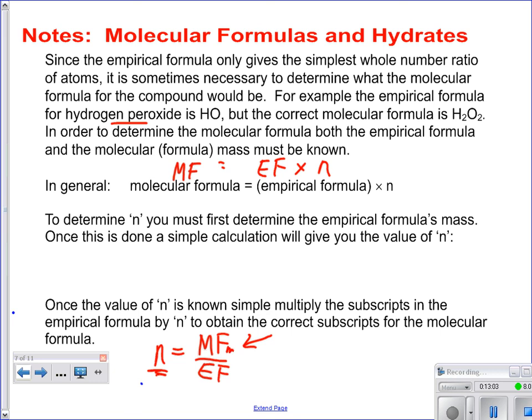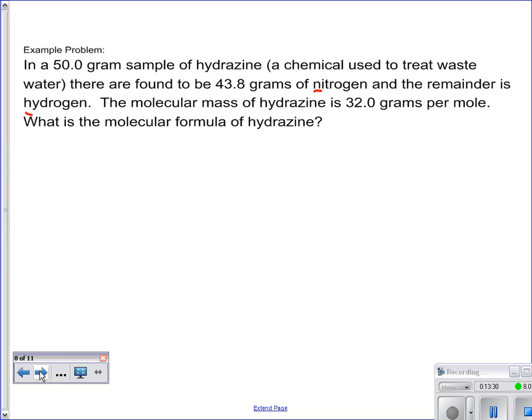It's the molecular formula's mass and the empirical formula's mass is what I should have said. So molar mass of the molecular formula, molar mass of the empirical formula. But that molecular formula's mass is always going to be given to you in the problem. The empirical formula's mass you can calculate because you're going to solve for that empirical formula, so then you can come back and calculate the mass of it. Okay, so we've got this information